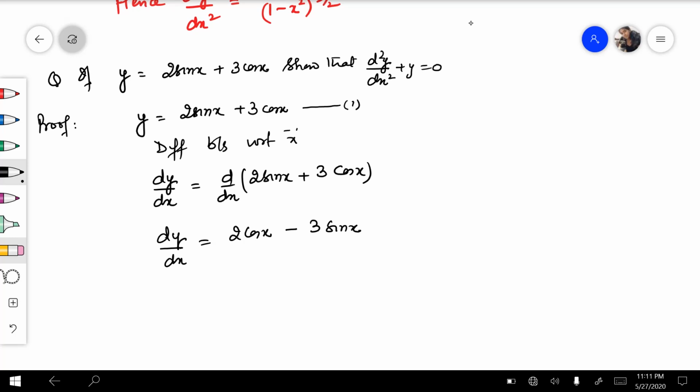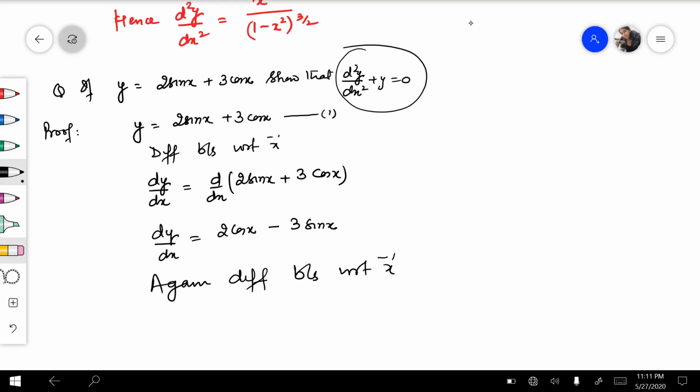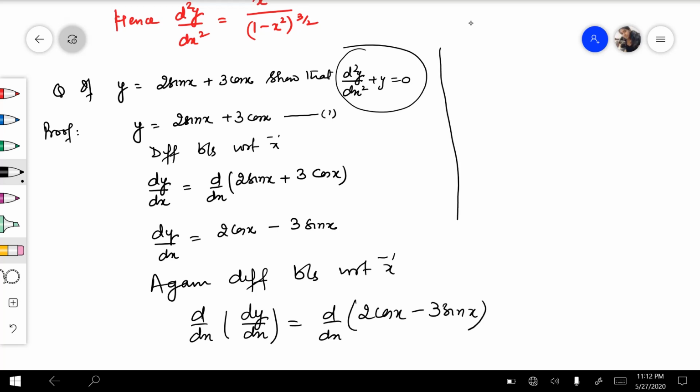Again differentiate both sides with respect to x, because we need d2y upon dx square. So on the left hand side we have d/dx of dy upon dx is equal to d/dx of 2 cos of x minus 3 sin of x. It simplifies to